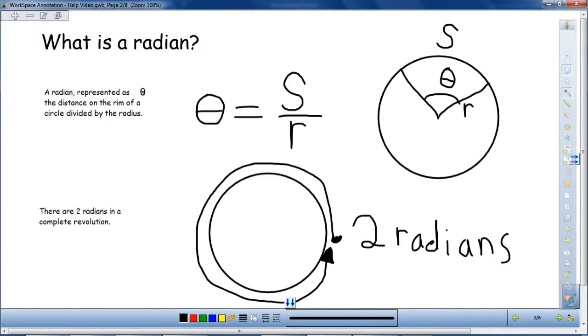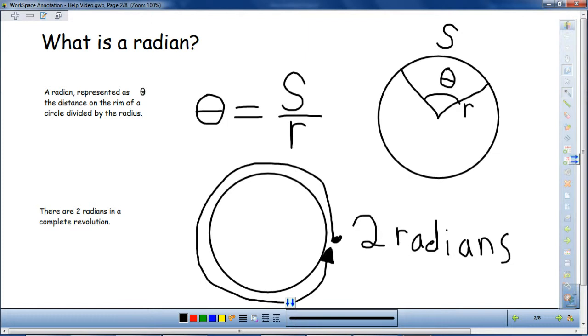So first, you're going to measure everything in radians, and you need to learn what a radian is. Theta is the distance you travel along the outside of the circle divided by the radius of the circle. And then you see theta in the middle. And this works for